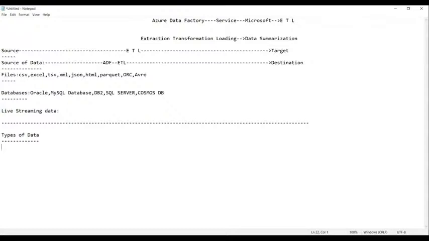The following are the types which we can find. The first one is called structured data. And the second one is called unstructured, or we can say semi-structured data.